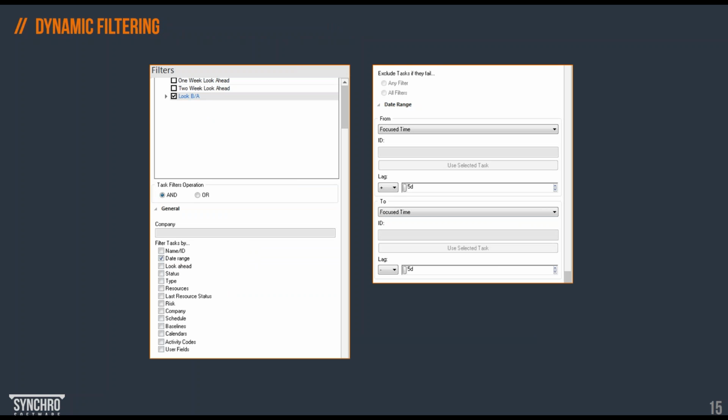Another feature that I like the most is the filtering and dynamic filtering. This is very important for large data sets, for large schedules. Some filtering capabilities you probably know from different planning software. In SYNCHRO, we have many additional ones, like presenting the critical path in 3D view or 4D simulation. You can simulate the critical path.